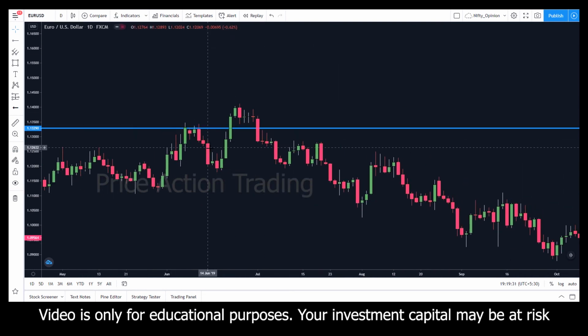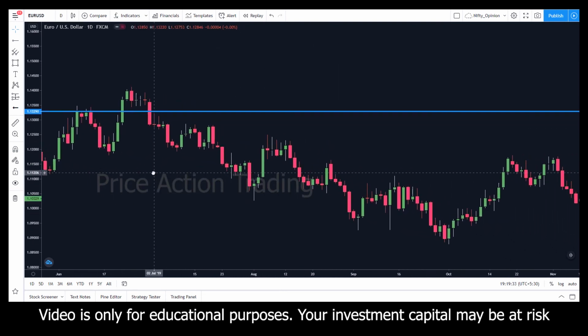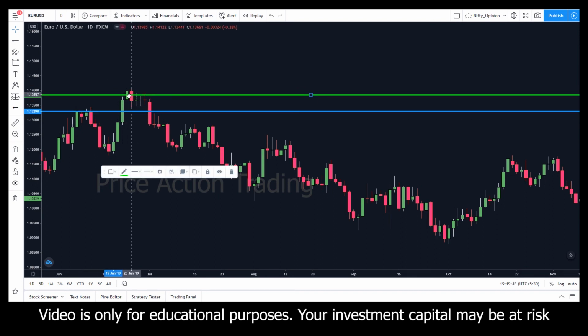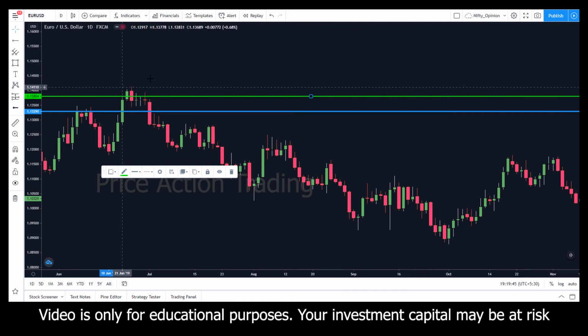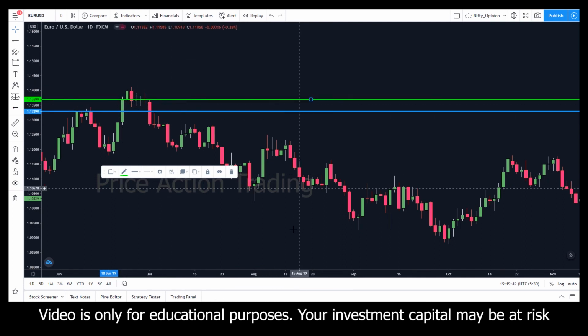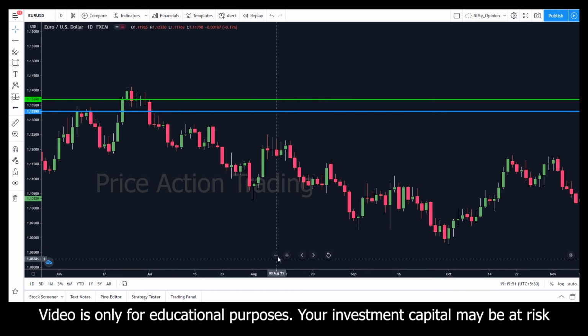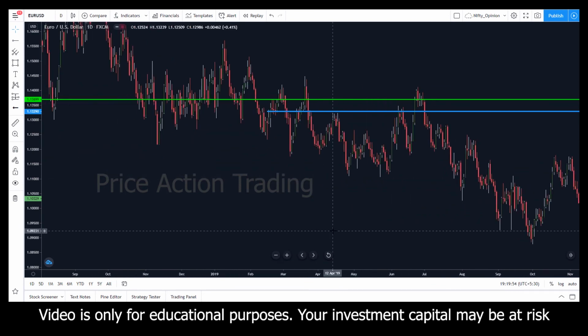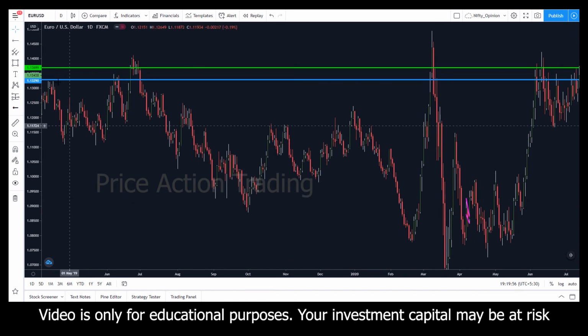So this was our level marking, and again it fell down. So it was sort of like, you can say, an area. If I take this, this is actually an area, and these are false breakouts. If I mark this, now if I zoom out, see the level here. Our low was this,